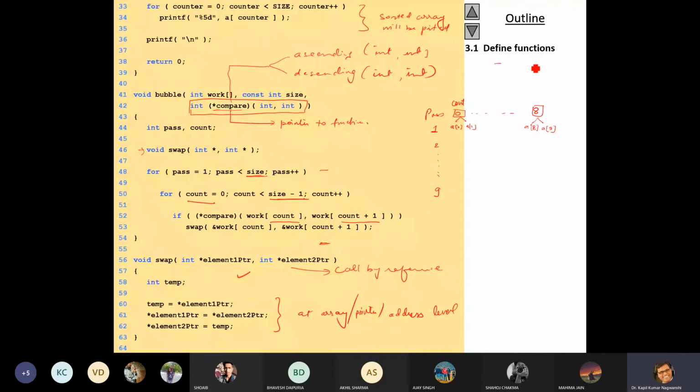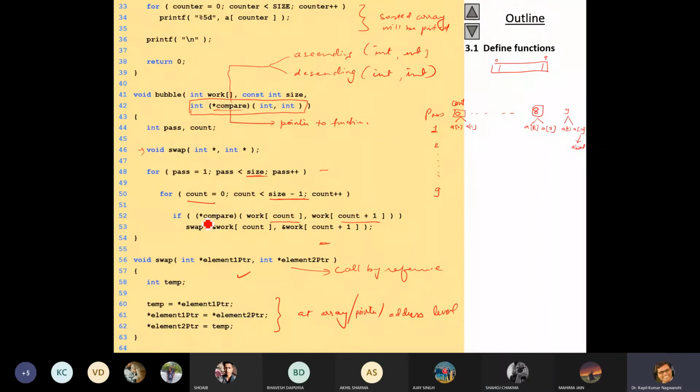Total elements are how many? It will start from 0 to 9. Total 10 elements are there. Now, if 9 is there, then how do we compare A9 with A10? Because this is absent. Agree or not? Yes, sir. So that is the reason we have used size minus 1.